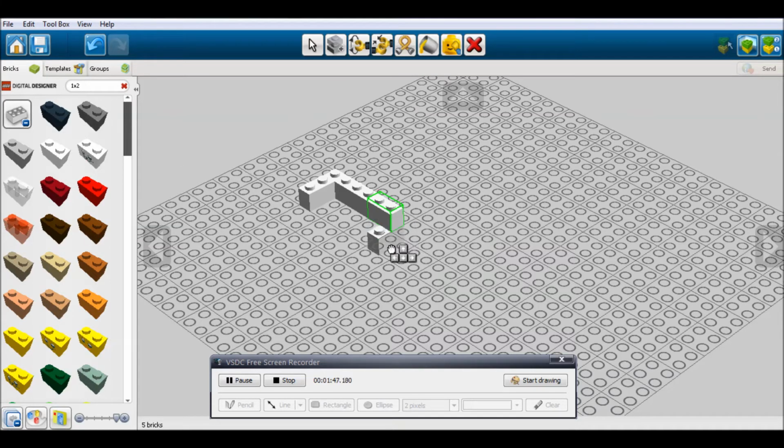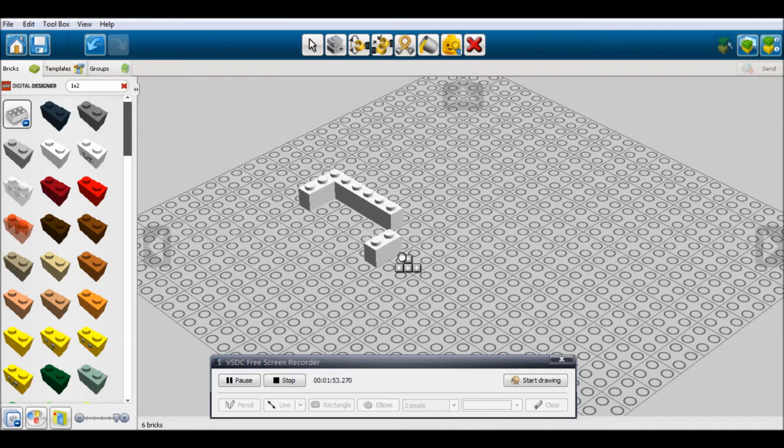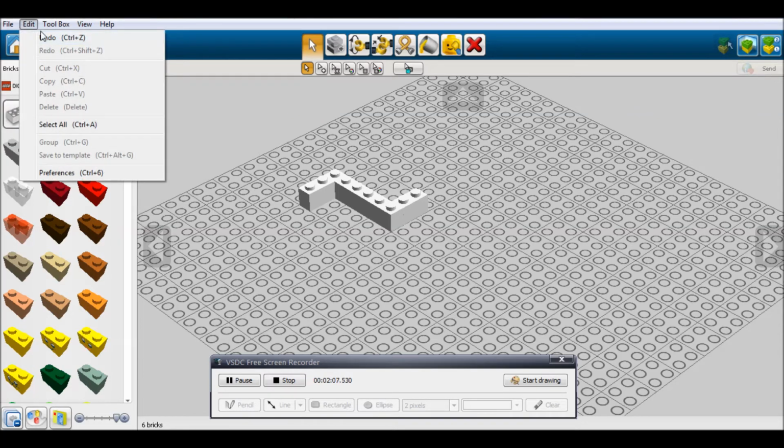So here we have encountered our first problem. Many times the bricks keep going under or above instead of coming by the side or wherever you want the bricks to go. So now, to not waste time, I am putting it to the side. Here you can also do a select all for your bricks. I am going to be doing it now.